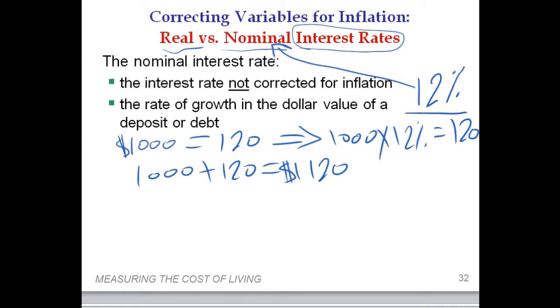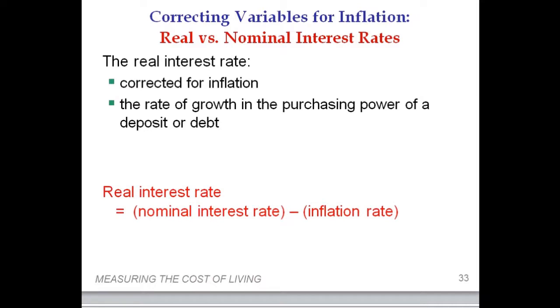The nominal interest rate is the interest rate not corrected for inflation, the rate of growth in the dollar value of a deposit or debt. But what is the real interest rate? The real interest rate is corrected for inflation, the rate of growth in the purchasing power of a deposit or debt. To understand the meaning of the real interest rate, imagine that you have $1,000 and deposit it at the bank, which gives 12% a year as an interest rate. So you will have, by the end of the year,